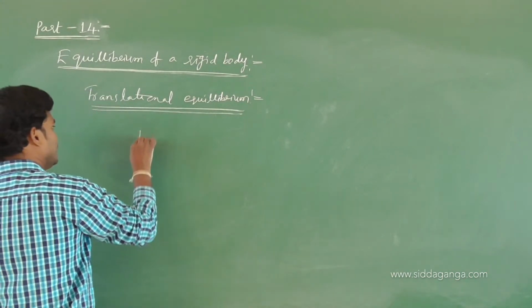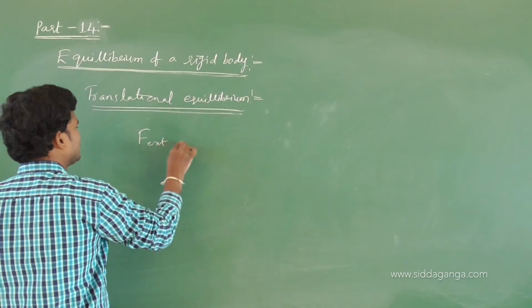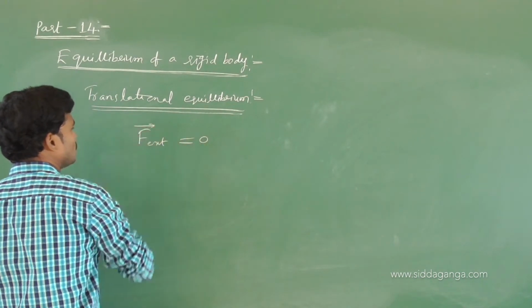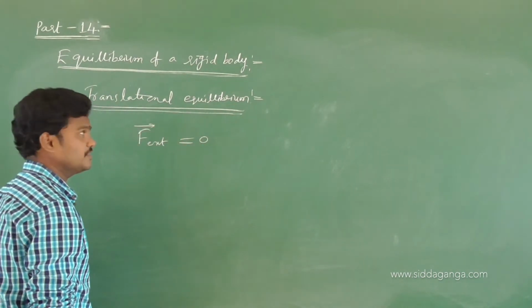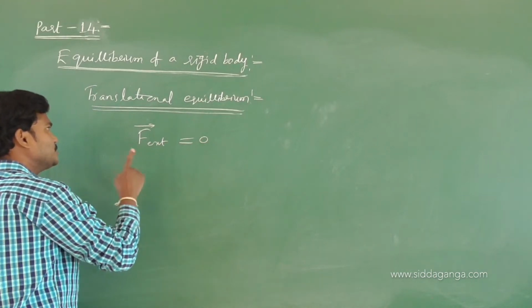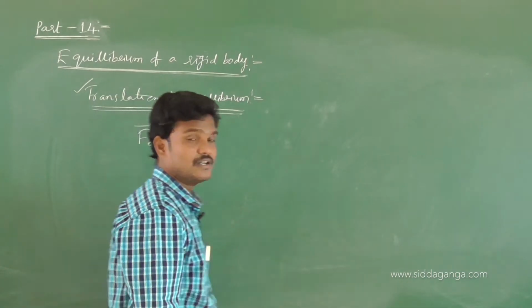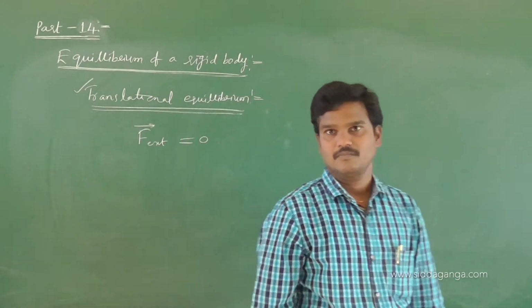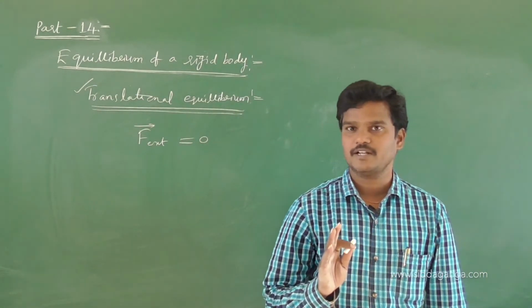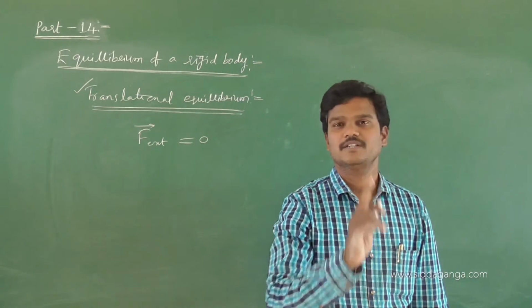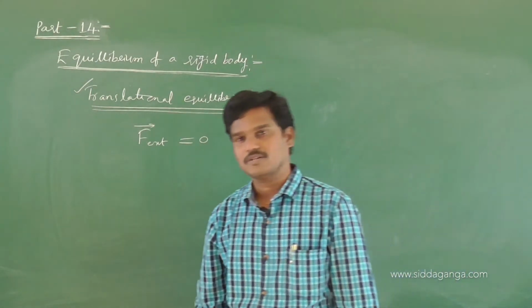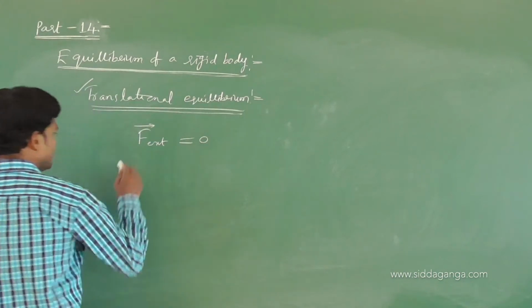So if the external force acting on the rigid body is zero, then the rigid body is said to be in pure translational equilibrium. This can be written as